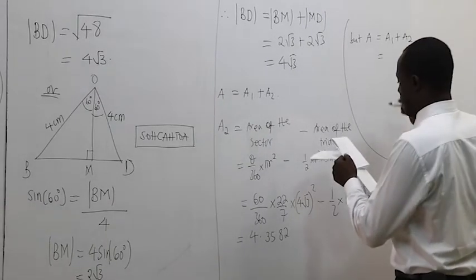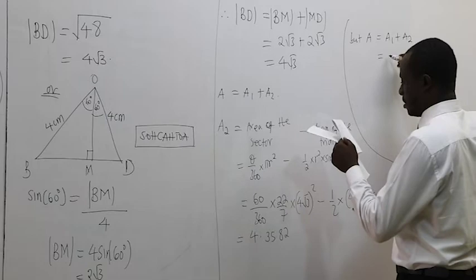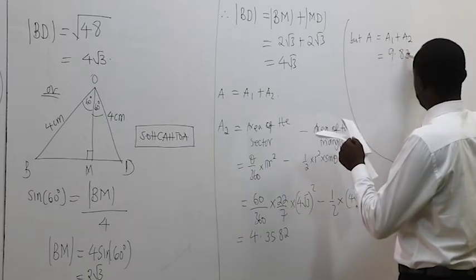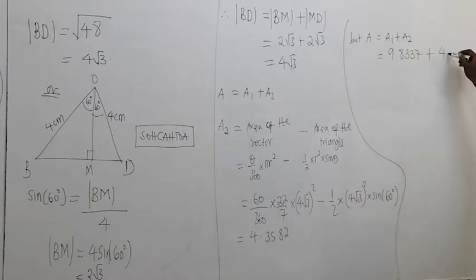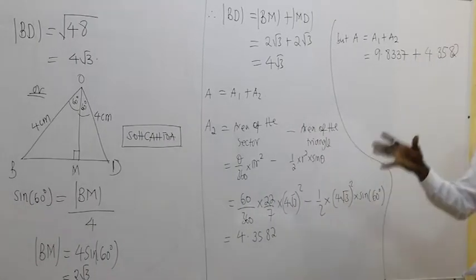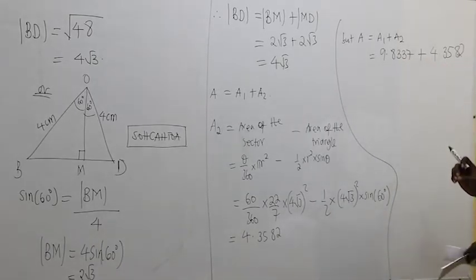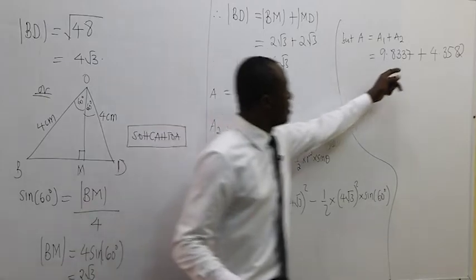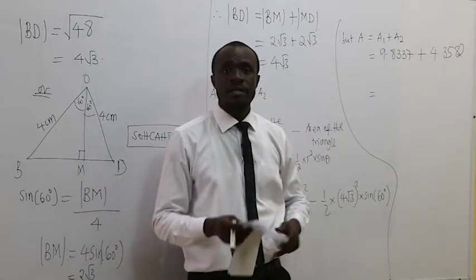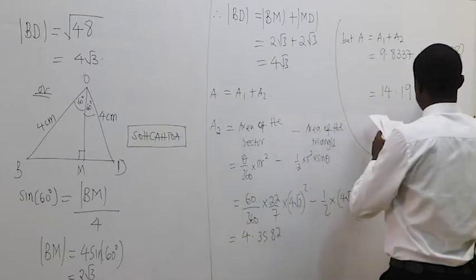The first area that we had was 9.8337, and then the second area, our A2, is 4.3582. That is our area. And clearly, when you add the two, we are getting 14.1919